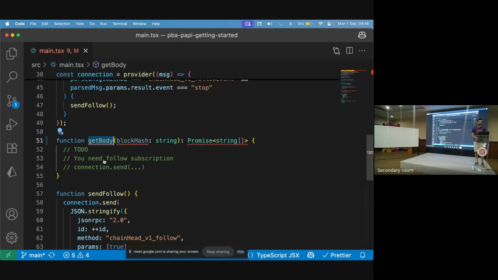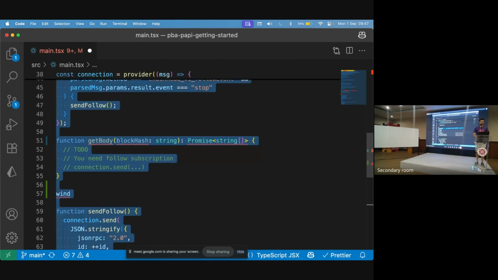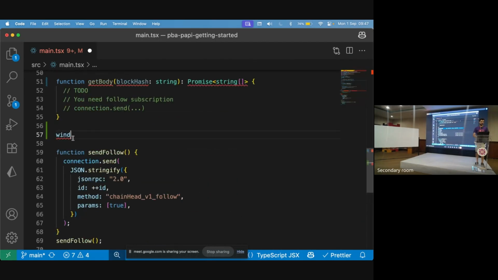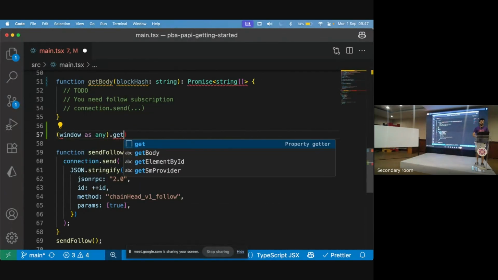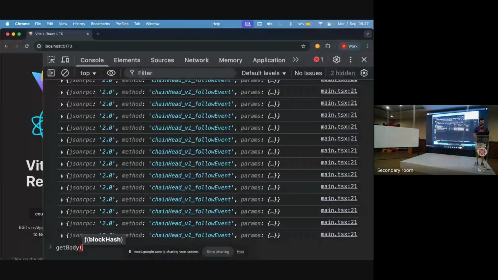Essentially, I don't want to make it too complex with getting the list of blocks and all of that, because otherwise this would get too long. So imagine that the way I want to do it is I will do window.getBody, it's getBody. So I'm just putting it in the window object, and now when I come back to here, I look at the console,